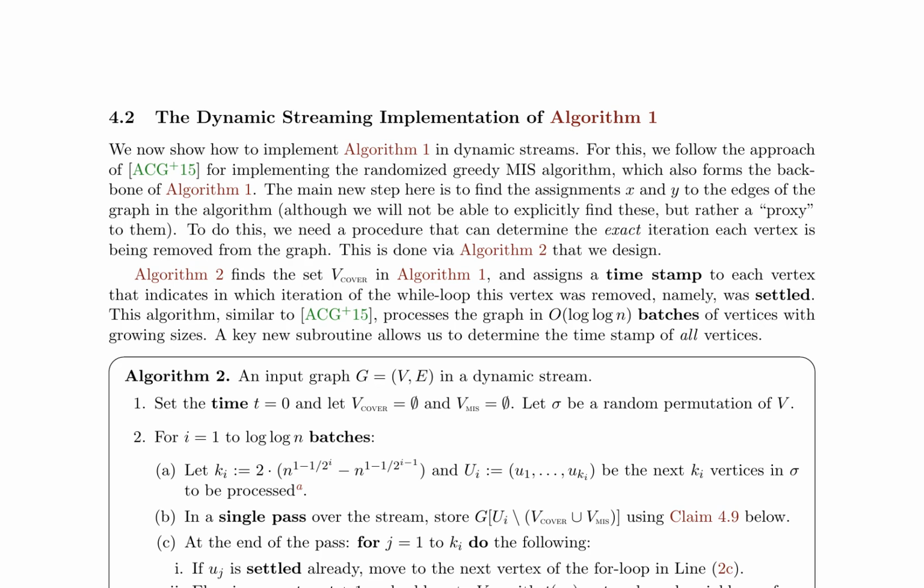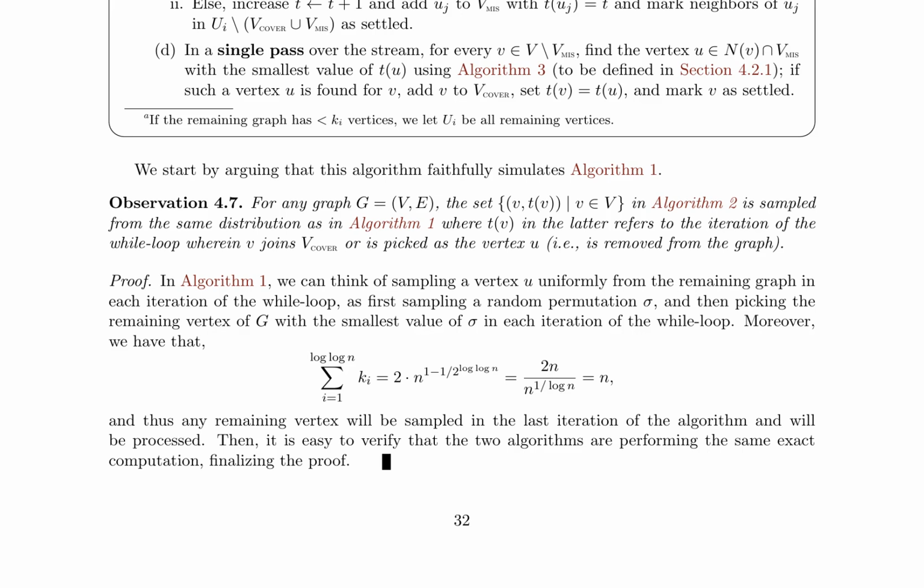They show that the algorithm achieves a good approximation ratio and has a low time complexity, making it suitable for large-scale dynamic graphs. The paper concludes by discussing the implications of the results and potential future directions for research. In summary, the paper presents a new algorithm for the MIS problem in dynamic streaming graphs, which combines the randomized greedy MIS algorithm with a novel dynamic streaming implementation. The authors provide a detailed analysis of the algorithm's performance and discuss its implications and potential future directions.